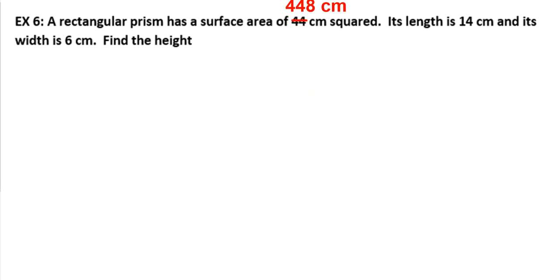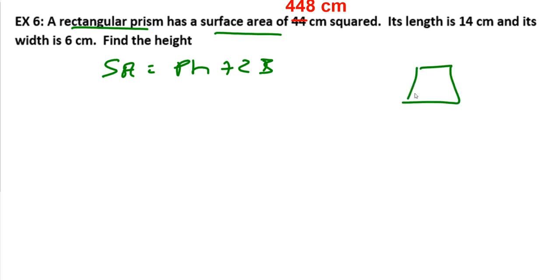So let's take a look at a word application problem, which you'll be doing a lot of on Friday. Here you have a surface area of 448, and it's a rectangular prism. Remember, surface area is equal to perimeter times height plus 2B. We're going to plug in what we know and find what we don't. Now, if I were to draw one,